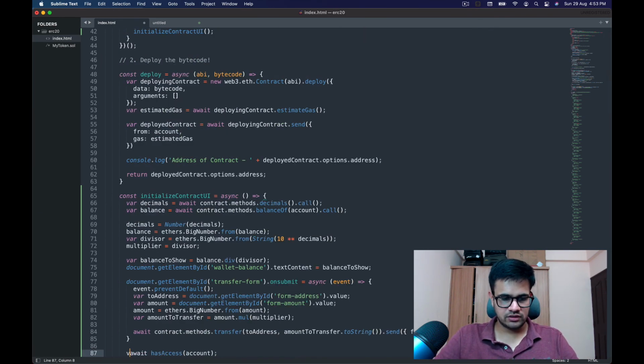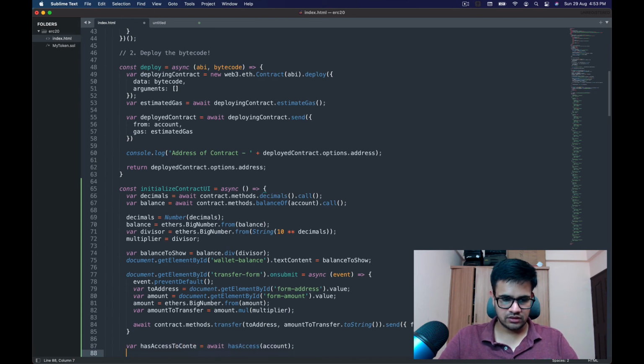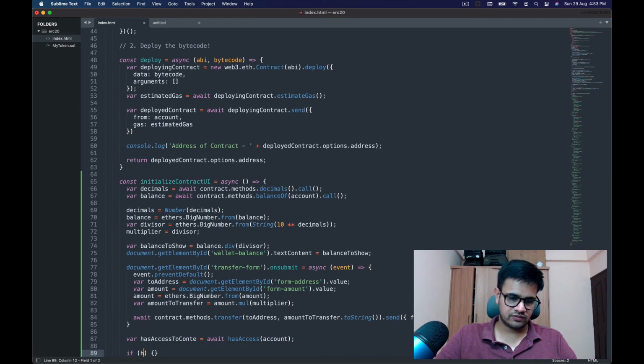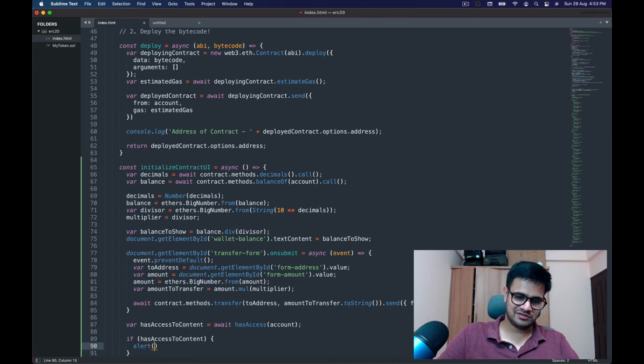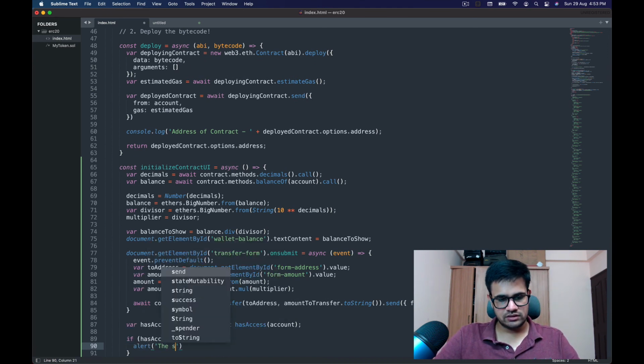If the user has access to content, we can just be like, if the user has access to content, we'll just be like alert for now, the secret is blah.